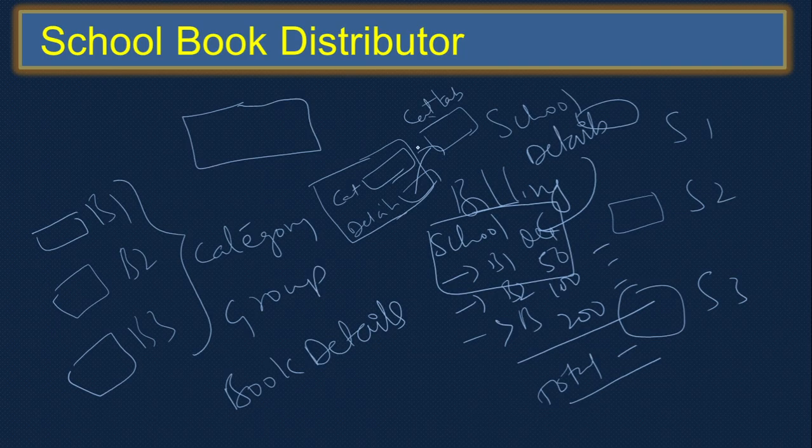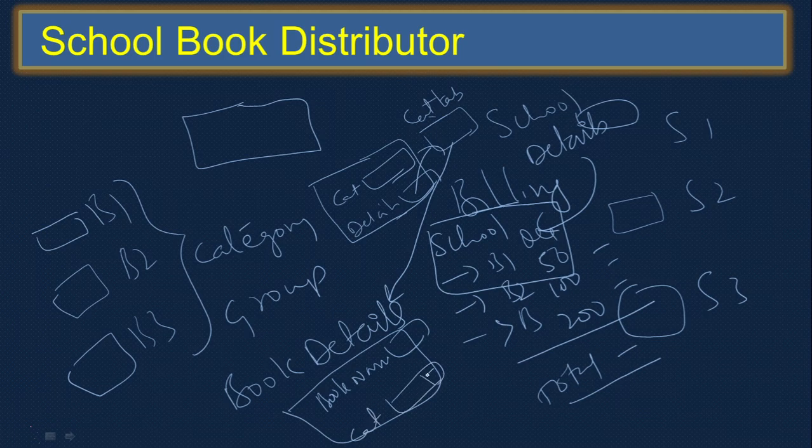We need to learn how to send this data to the category table, and when you're entering the book details, we need to fetch it from there and show it in the book form. When you say book name, there's a text box, and here is the book category, which category it belongs to, and here is a list box. The data here, we need to bring to this list box. That's the skill you require when you bring the data. And again, the same data you need to bring here for the billing. So these are very important things. I'll show you all this when I run the project, but you need to understand this concept first, and based on that you need to write the project.